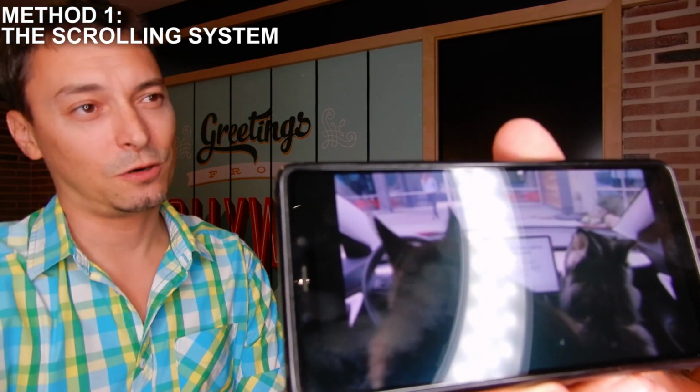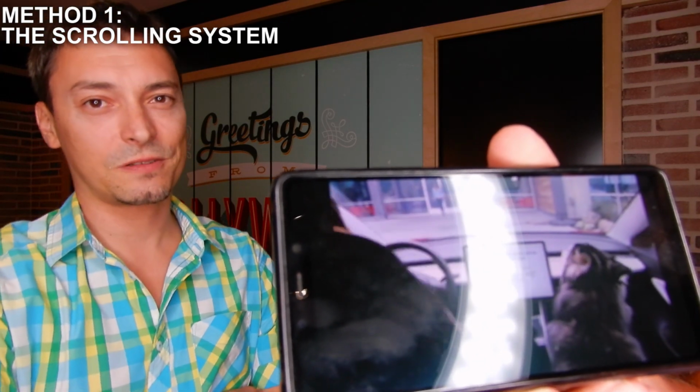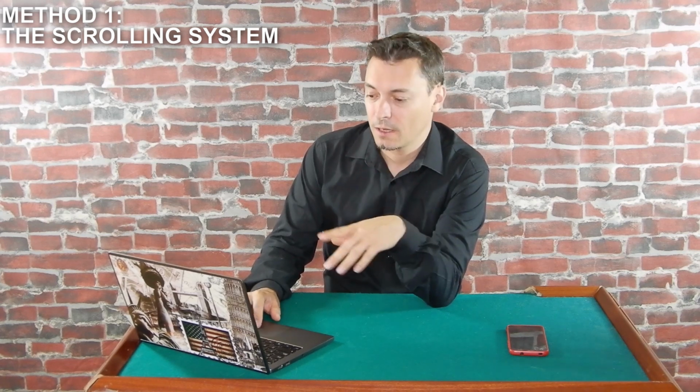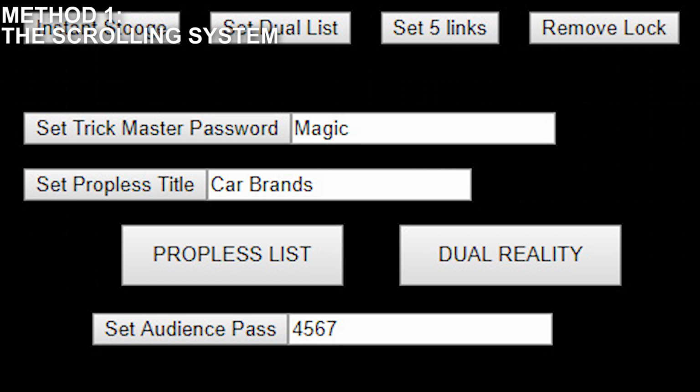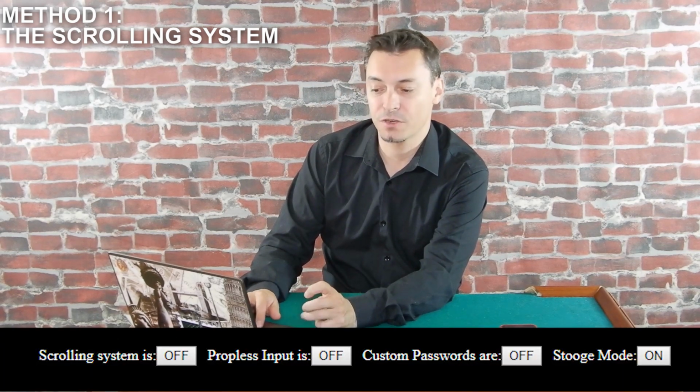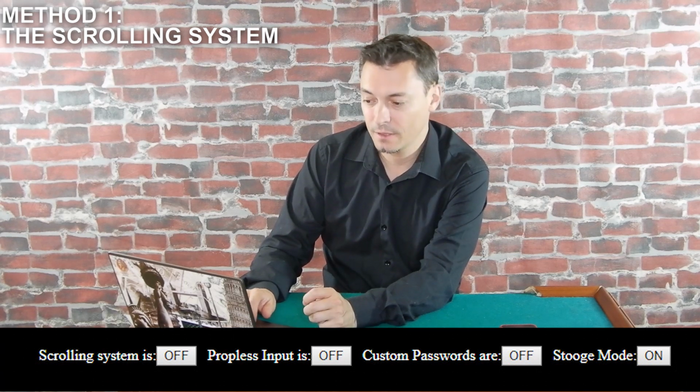I uploaded that commercial of Tesla with the 2 dogs to my account. The easiest one: if you scroll down to the bottom, it says set Propolis title. There, in this case, because they are cars, go ahead and type down car brands and save it. That's it. Now go up to the top and you're going to see some options there that say